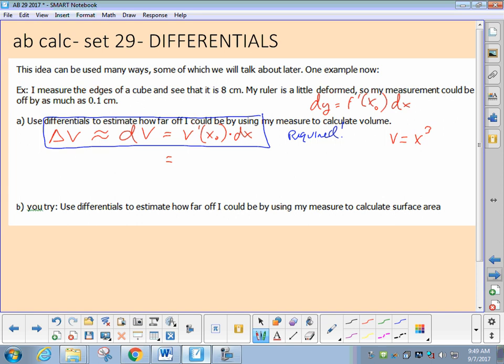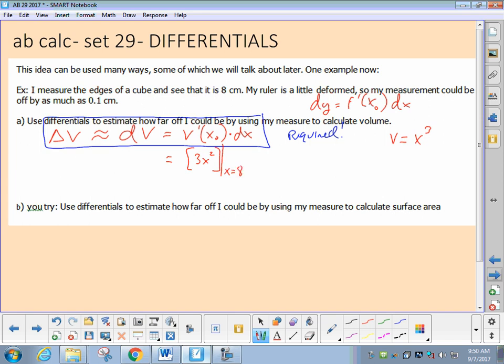V prime, what is it? 3x squared, okay? The function is x cubed, so the derivative is 3x squared. Now, right here, I'm going to write an evaluation bar. I'm going to say to the person reading it, all right, that's my derivative. I showed you what the derivative is. And then I'm going to say, here's where I'm going to find it. I want to find how fast this could change at what reference point. Out of the x initial, which is